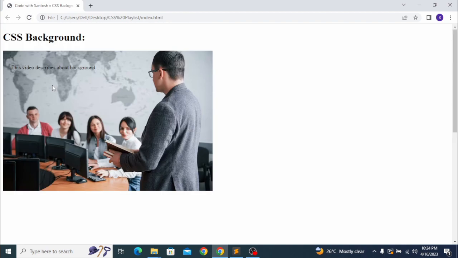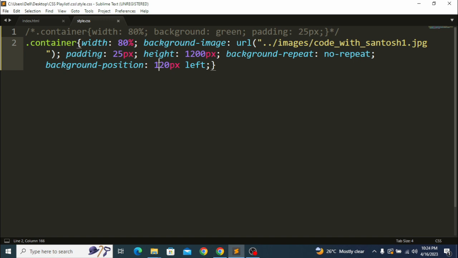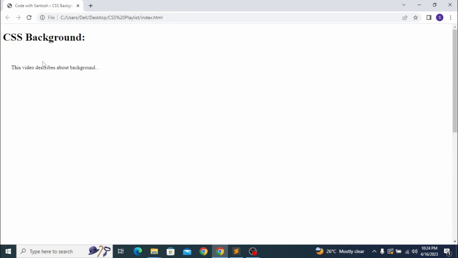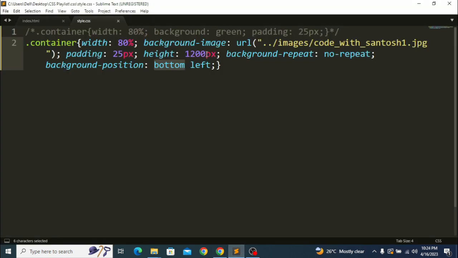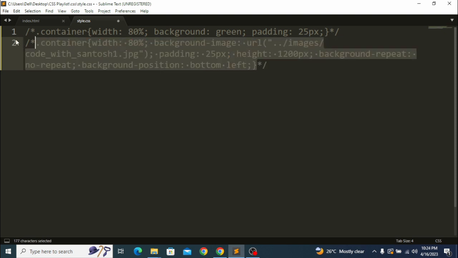So these units are also there. You can use them like the measurement units as well. Okay. So this is about the background, few of the important background things which can be implemented in CSS. But I will remove all these things. Let me comment all this and